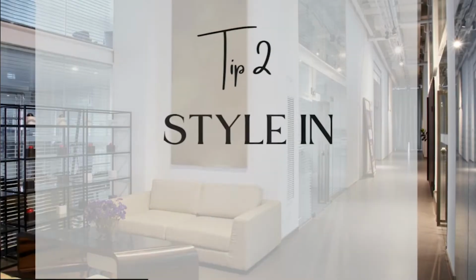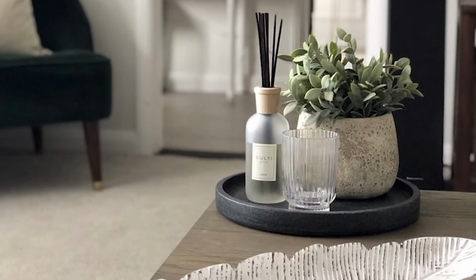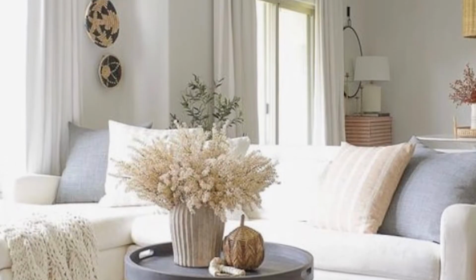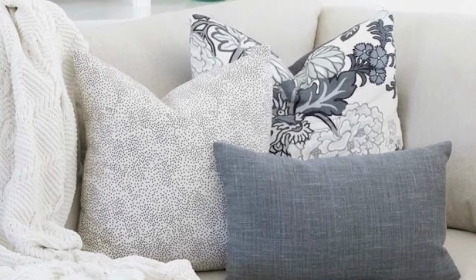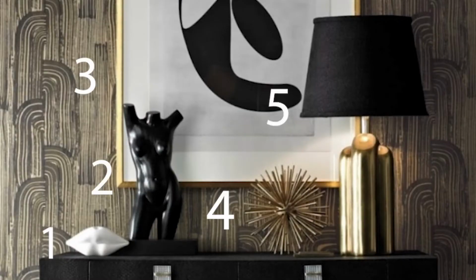So our tip number 2 is to style in odd numbers. The rule of 3 is a well-known, well-loved, and often strictly followed rule in interior design. Using groupings of 3 implements visual depth and satisfaction. Sets of 3 can easily be implemented into any of your spaces by grouping pieces of wall art, pillows, vases, photo frames, and candle risers. Groups of 5, 7, and 9 can also achieve a beneficial appearance, but most commonly 3 is always the magic